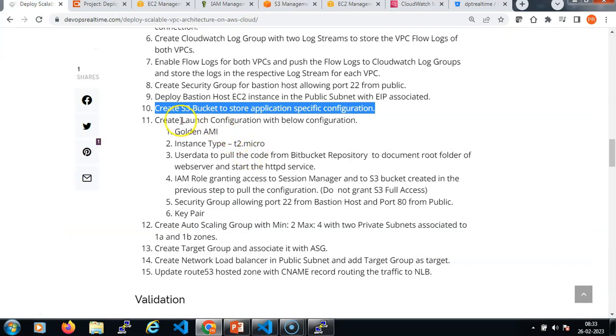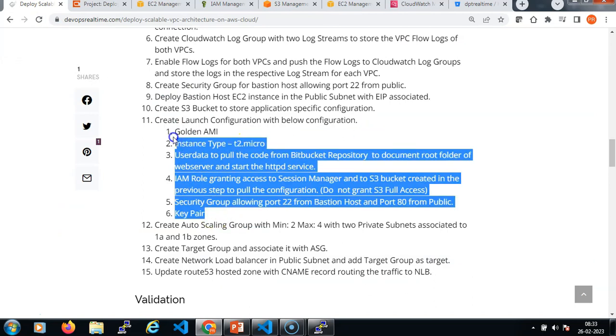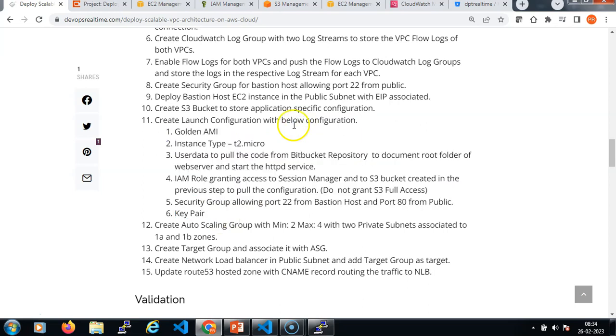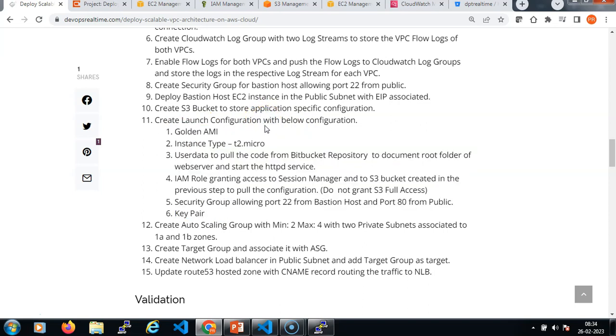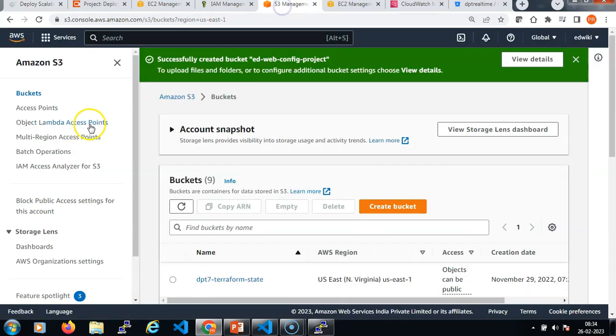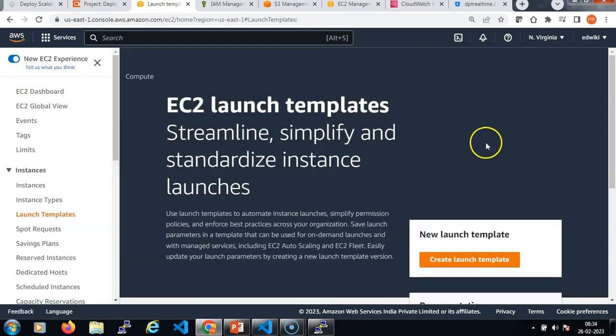Now I need to create a launch configuration or a launch template with the specified information that I can use for my auto scaling group, right? So let me go ahead and create a launch template, which is the new one recommended by AWS, rather than using the launch configuration, right? So I'll go to my EC2 again, and here you can see the launch template option. Click on create a launch template,